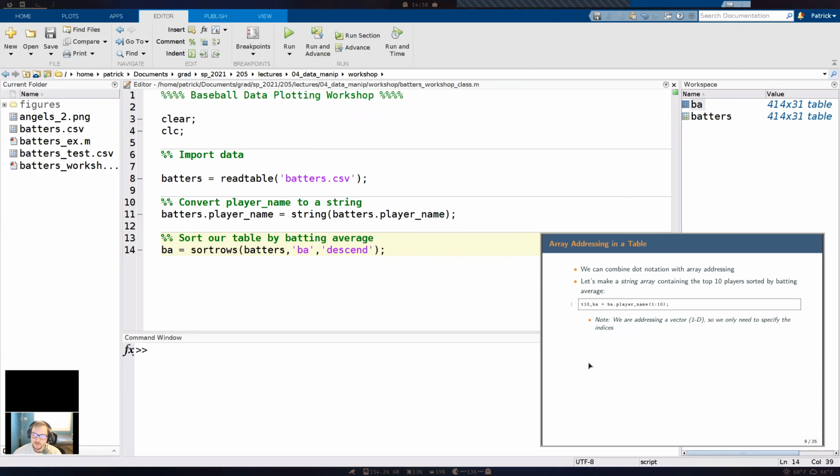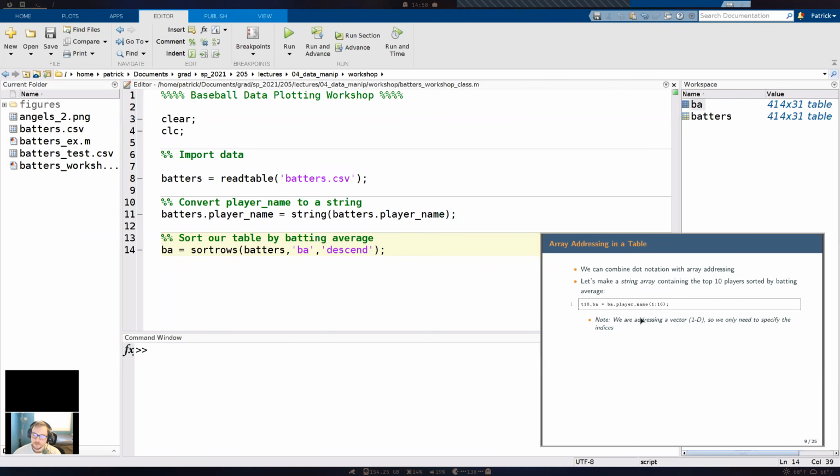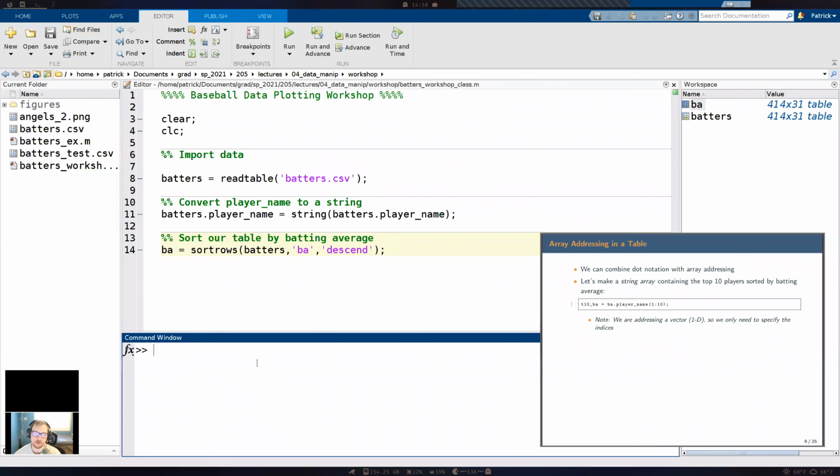Now we're going to talk about how we can do array addressing inside of a table. To do this, we can combine our newfound skill of using dot notation with what we've learned before about array addressing.